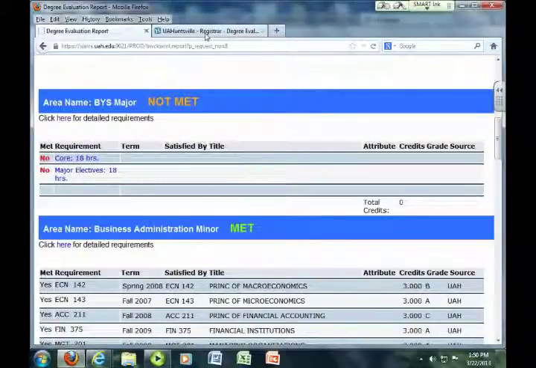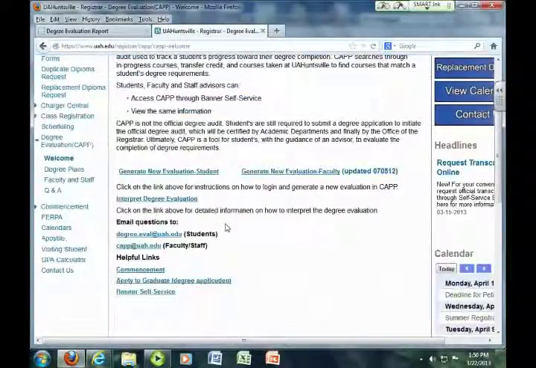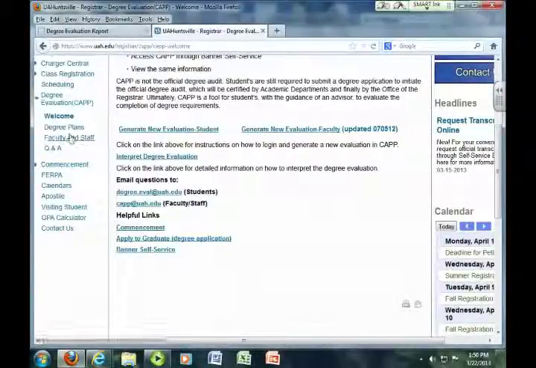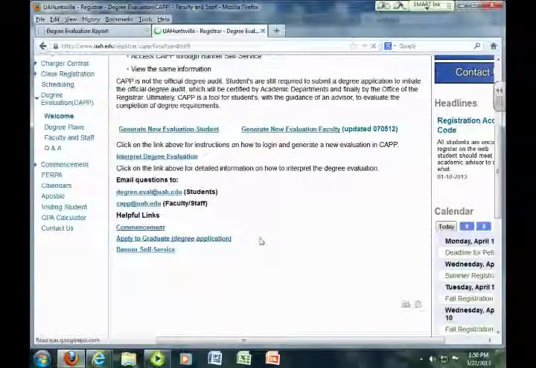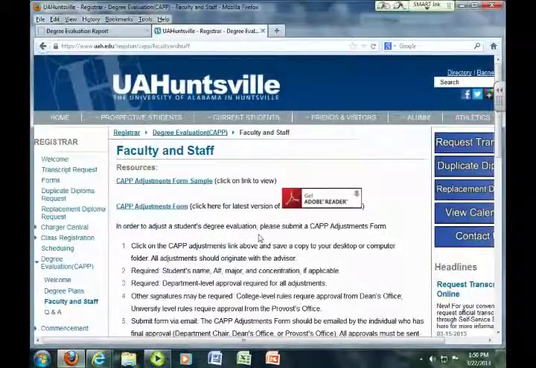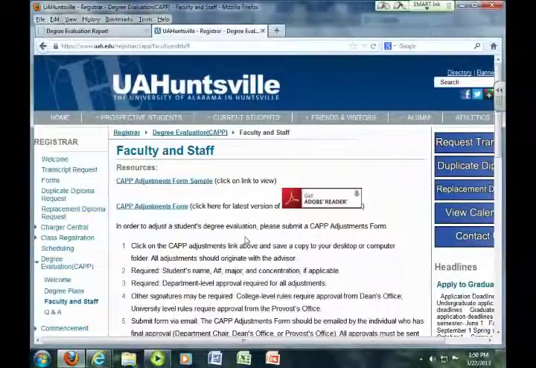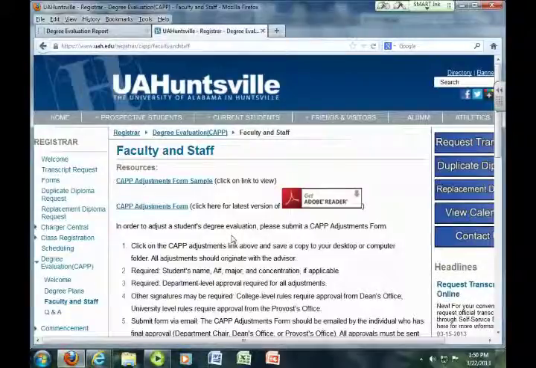I did want to show you one little nugget as an advisor. There is a link for you over here on the left-hand side, faculty and staff. So when you're actually advising your student, we encourage that you fill out a CAP adjustment form right there when you're advising them. So that way you fill it out, tell us and the registrar's office what you're trying to substitute or what you're waiving, get the appropriate signatures, drop it into a PDF in an email, and then send it to us,